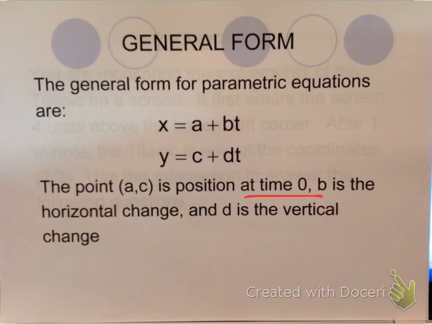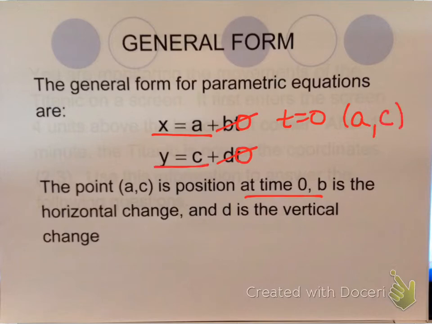So at time 0, if I plug in a 0 right here and right here, then it makes this part of each equation disappear. And so what this is saying is that at time equals 0, the moving object's starting x position is A, and the y position is C. And then, if I come back here and erase this,